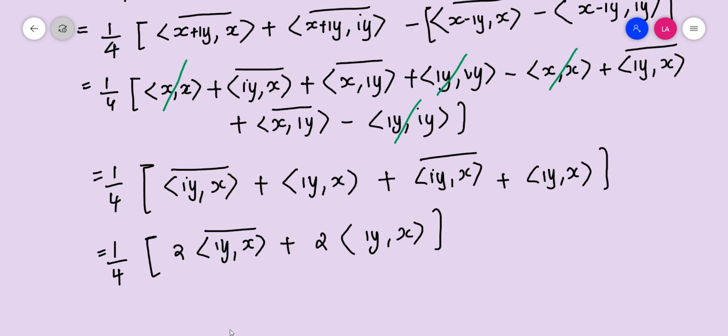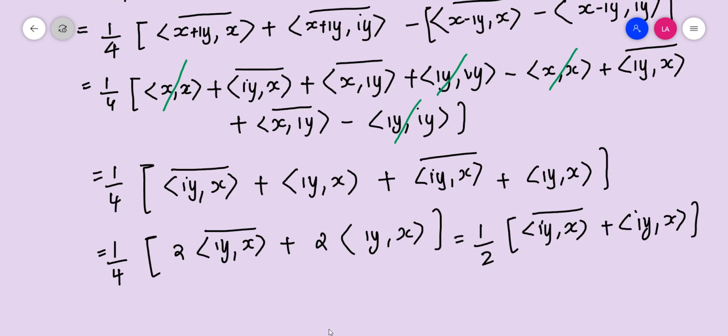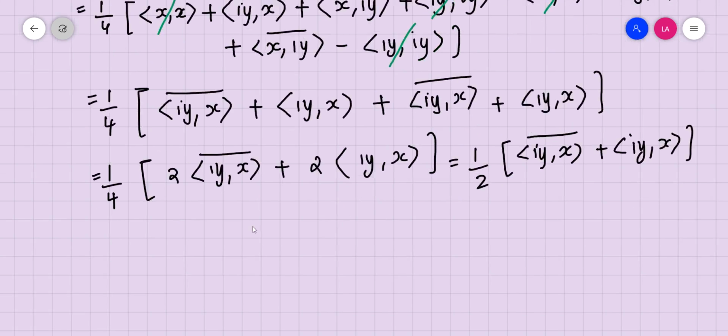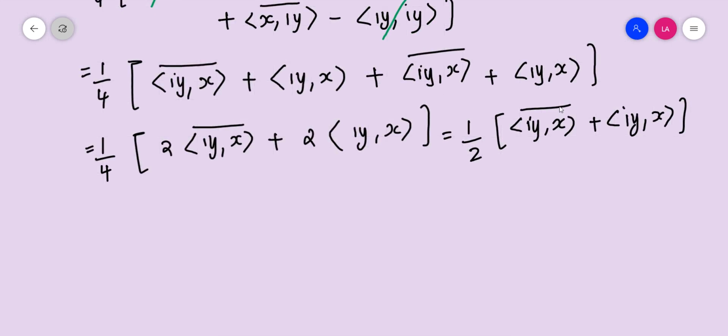Now if we take 2 outside and cancel 2, this should be equal to 1 by 2 times inner product iy x conjugate plus inner product iy x. So now by the property this can be taken outside, or if you move this, this can be written as